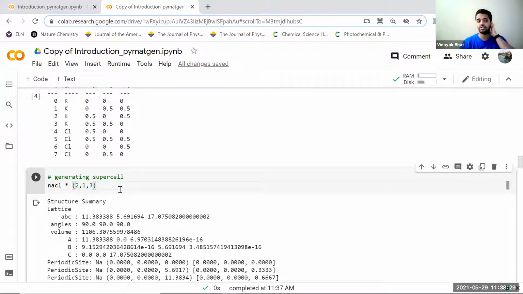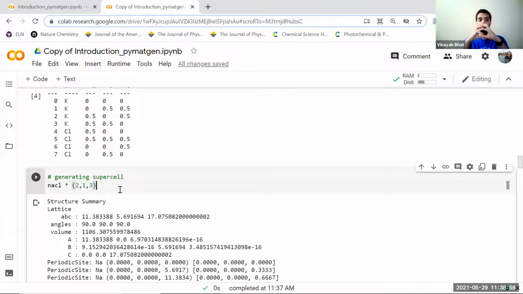So some calculations and other things, you can't just do it on a small cell. So you need to repeat it so that you get enough atoms to do some analysis on them. Like if you want to generate a big surface and put a molecule on top of it, you'd need a larger surface. You can't use a very small thing and put something on it, but because it repeats periodically. So this supercell is just multiplying the unit cell along XYZ directions.